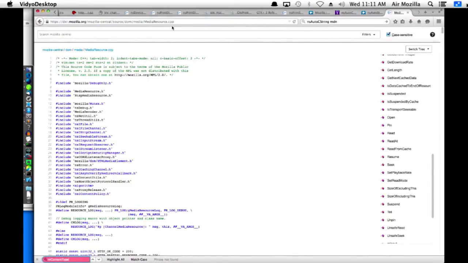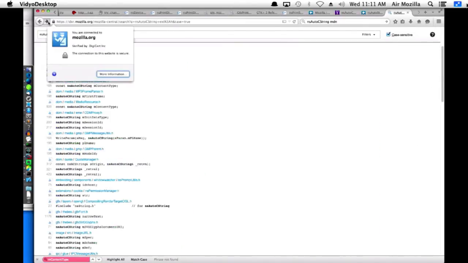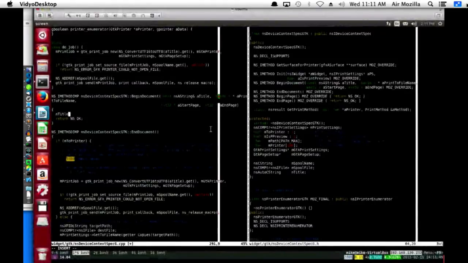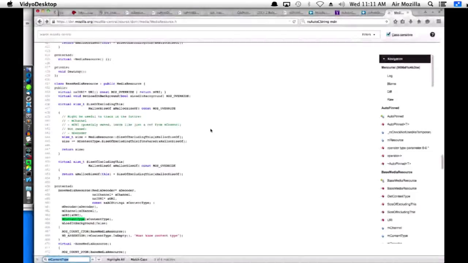Seriously? Come on. Maybe it was used inside the header. Content type. And then you just instantiate it. Maybe you just do like M title equals A title. Maybe it's that easy. Really? Is it that easy?